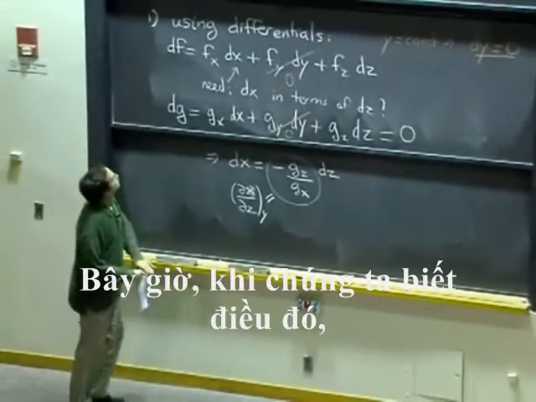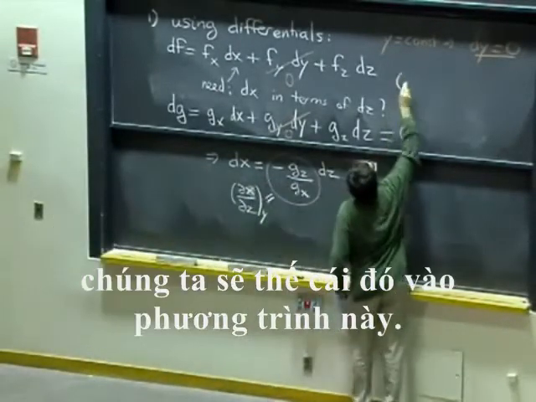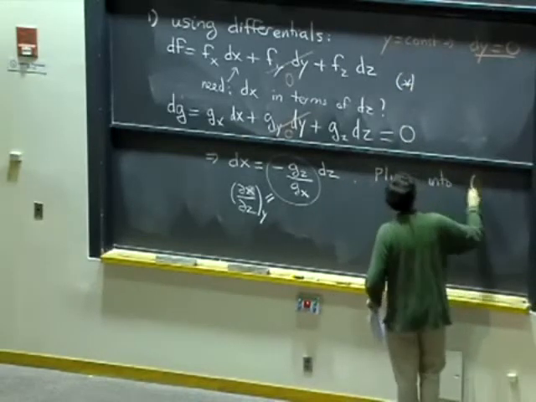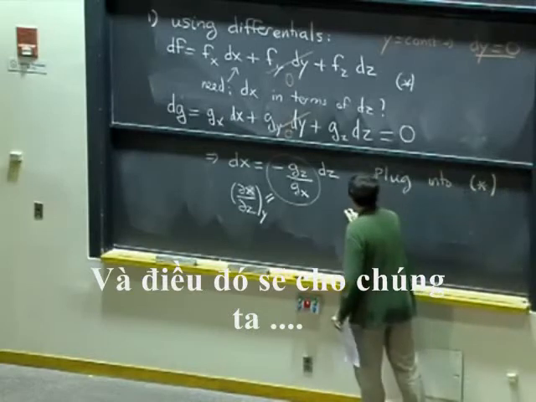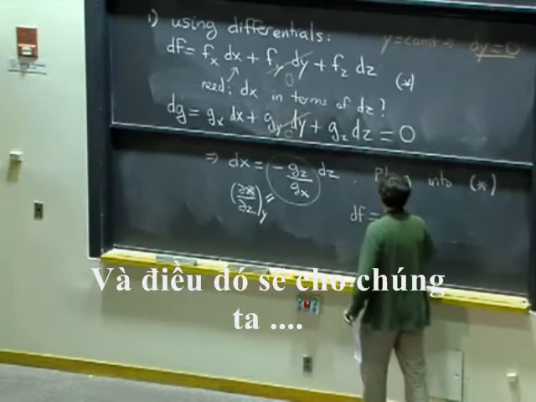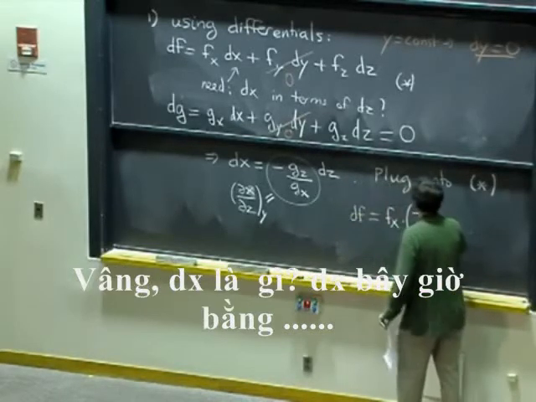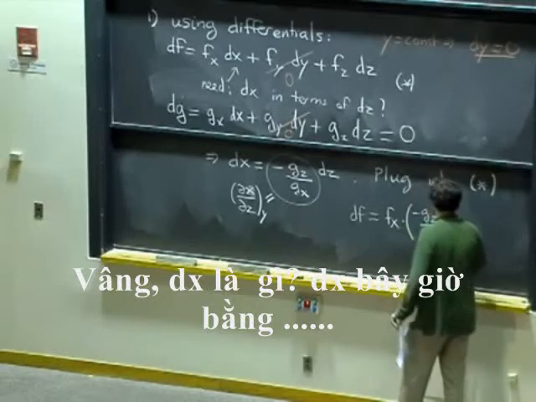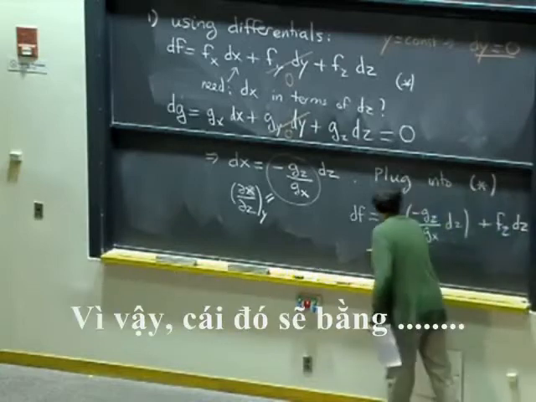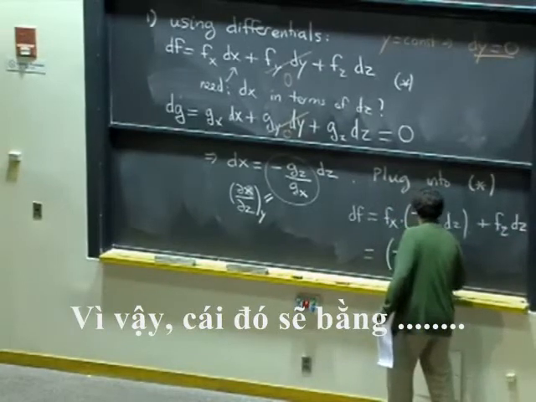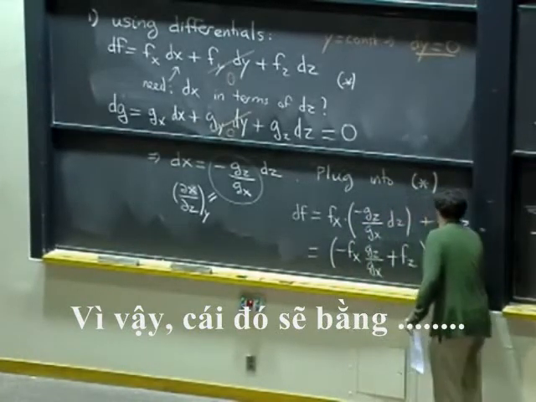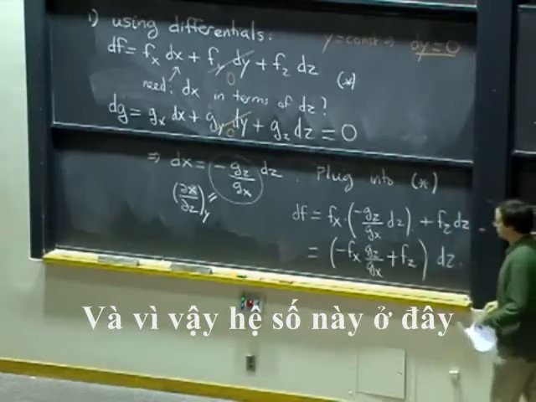So now when we know that, we are going to plug that into this equation. And that will tell us that df is f sub x times dx. Well, what is dx? Dx is now minus g_z over g_x dz, plus f_z dz. So that will be minus f_x g_z over g_x plus f_z, times dz. And so this coefficient here